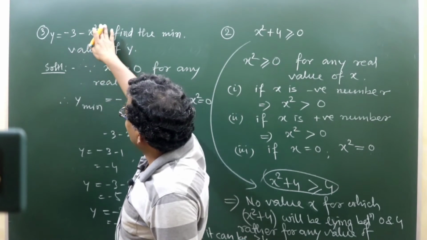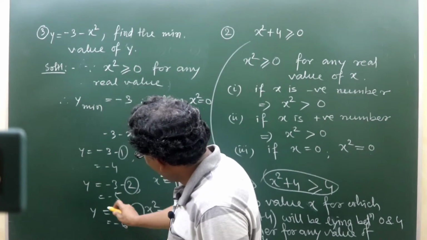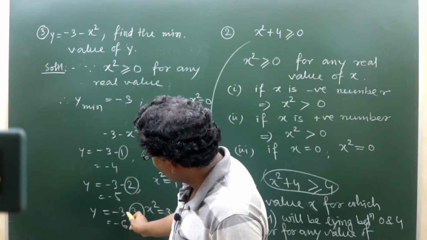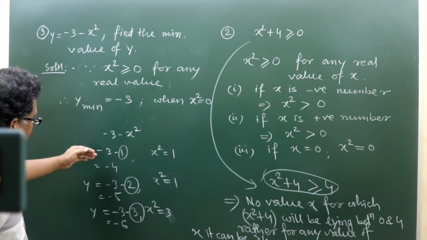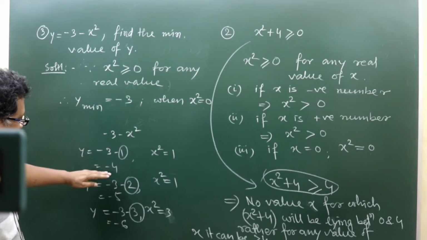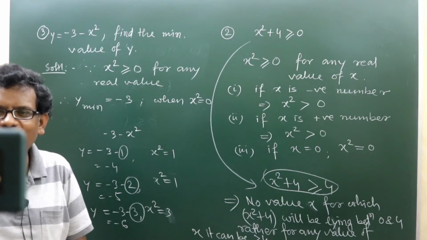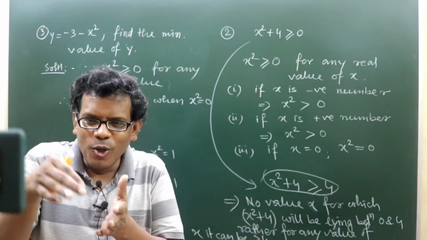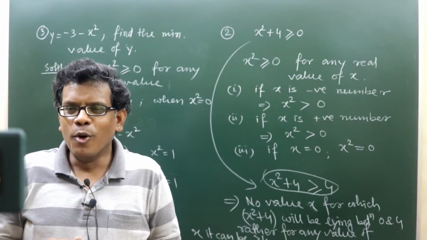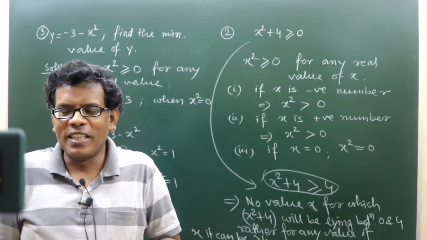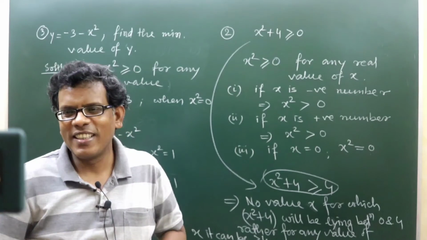So when you keep on increasing this positive part, gradually, see, the overall value, being minus with that positive, is an increasing negative value. So definitely minus 4 is less than minus 3, minus 5 is further less, minus 6 is further less. So the more we increase x square, the more we get decreasing y, yes or no?